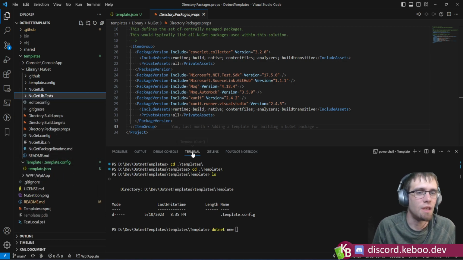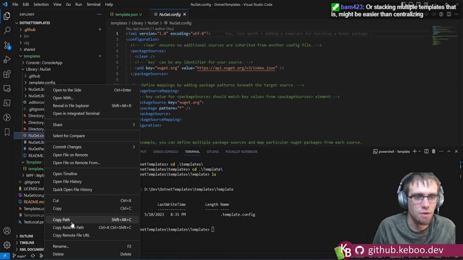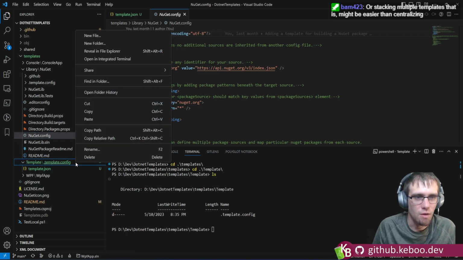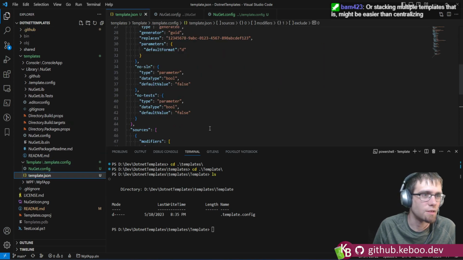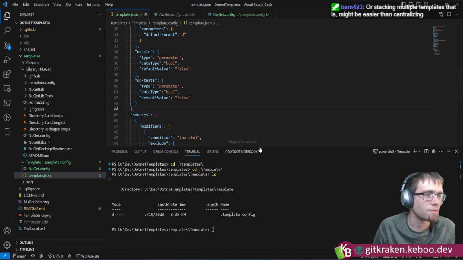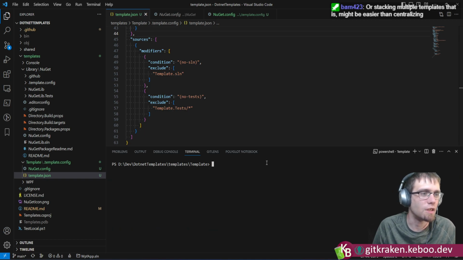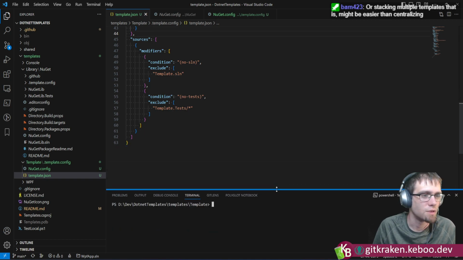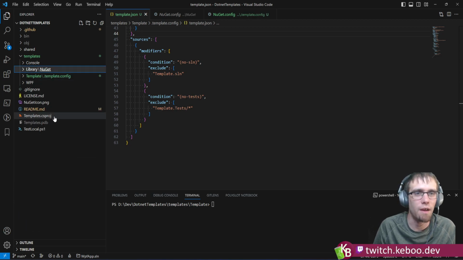Because the idea here, let's take the NuGet config, for example. We're going to copy the NuGet config and paste in the NuGet config. Some of these parameters are worthless. Might be easier than centralizing. Possibly. I don't know if that solves the issue of something needing to override something else. Currently, templates really operate at a file level. So if we come back to our README,